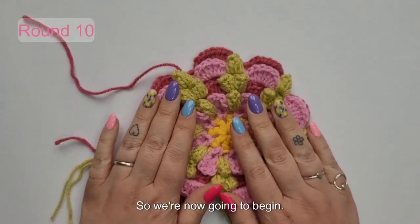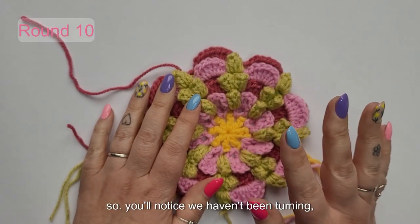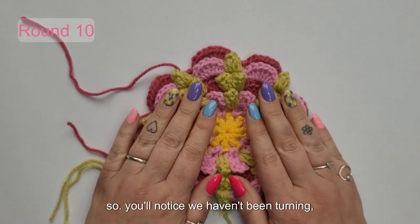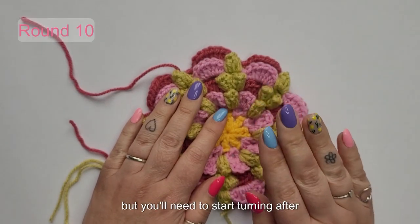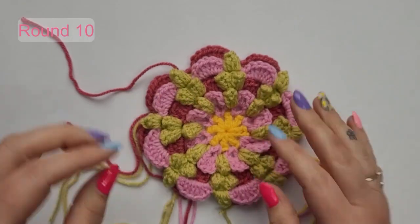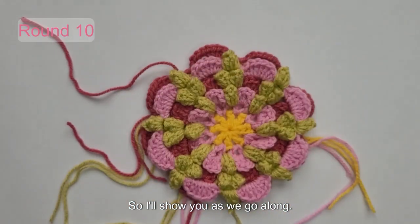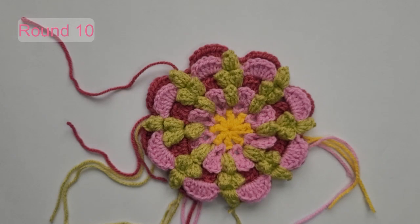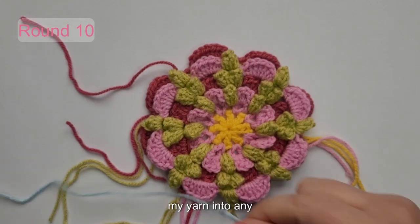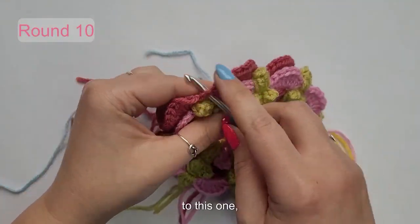So we're now going to begin squaring off your flower. So you'll notice we haven't been turning, but you'll need to start turning after rounds 10 and 11. So I'll show you as we go along. So I'm going to attach my yarn into any chain 1 space. I think I'll do it to this one,